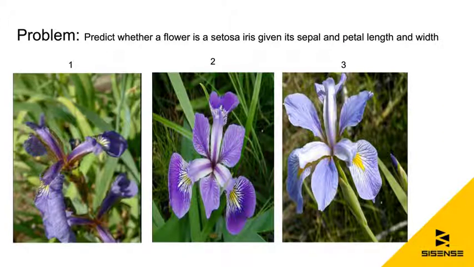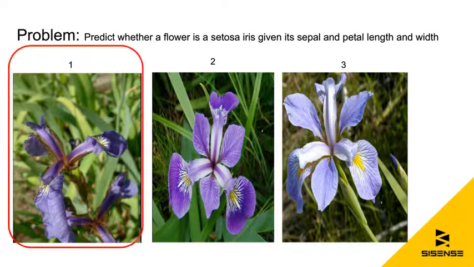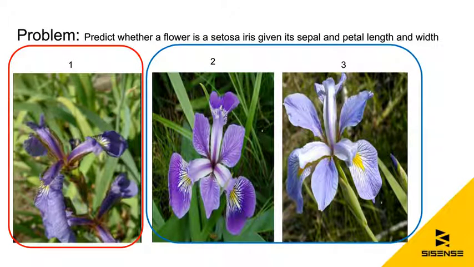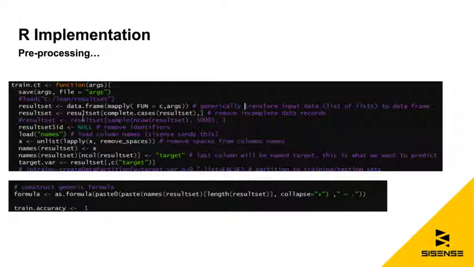So this is the problem. So this is the iris problem, iris data set. The purpose of the problem is to classify whether a flower belongs to this species called setosa or not, or belongs to the other two species. This is going to be the demo today, and this is our implementation that is pre-processing the data. Let's drill into it